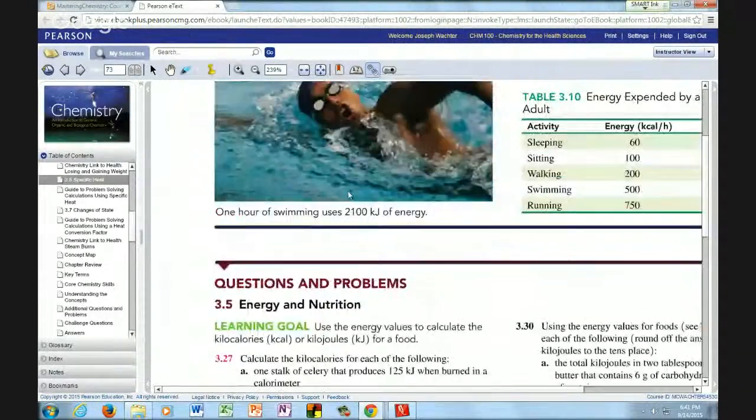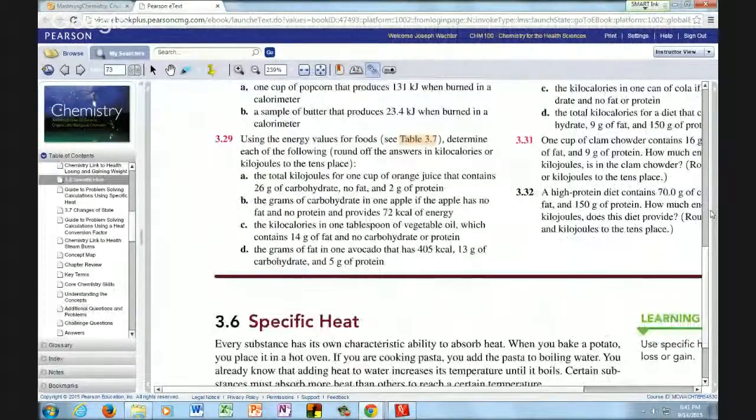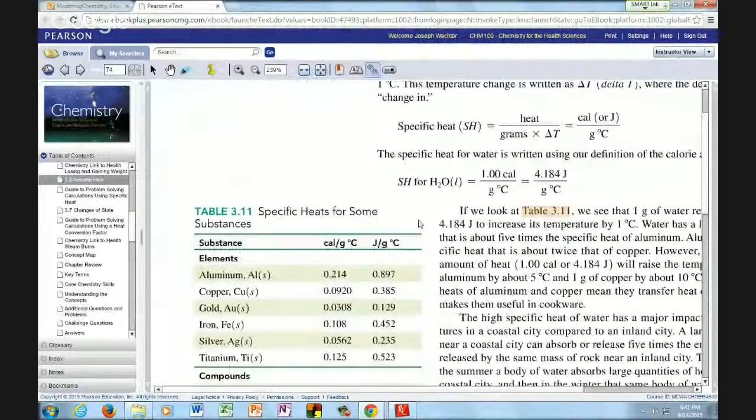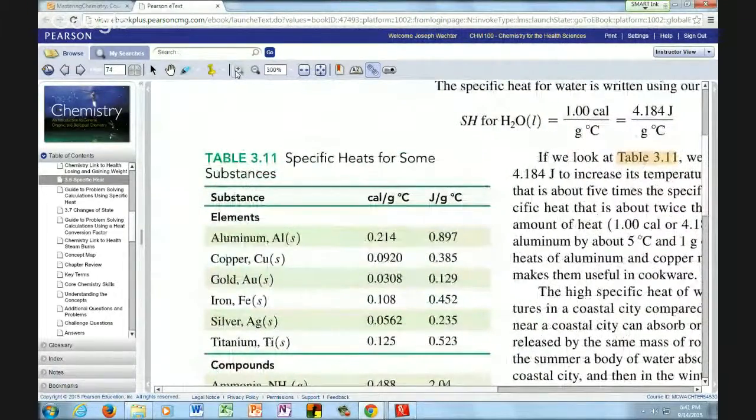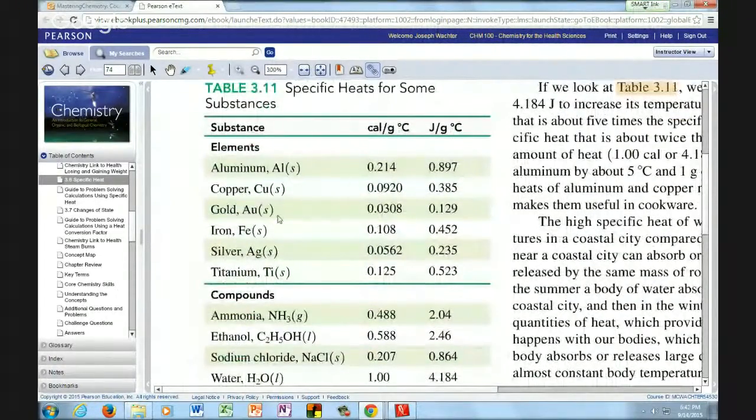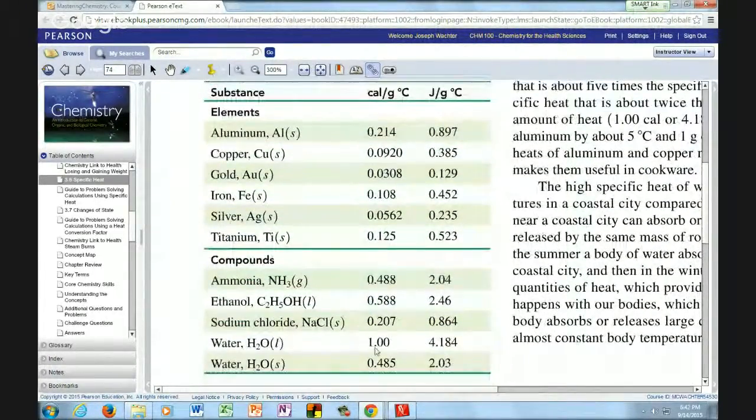Okay, so the number, when you get mass times the change in temperature, that number is calories then? No, because you also have to multiply by the specific heat. So let me show you. Here's a table. Here's specific heats for some substances. So like water. If you use 1 for the specific heat, you're saying 1 calorie per gram degree C. But you could also do the equation with 4.184 joules per gram degree C. And then you've got your answer in joules instead of calories. So as long as you follow the units,